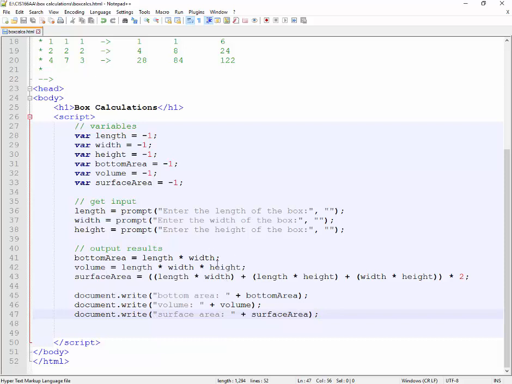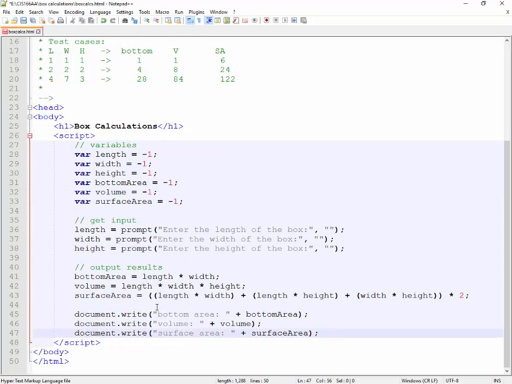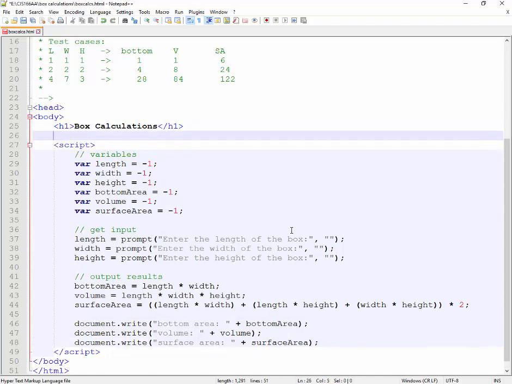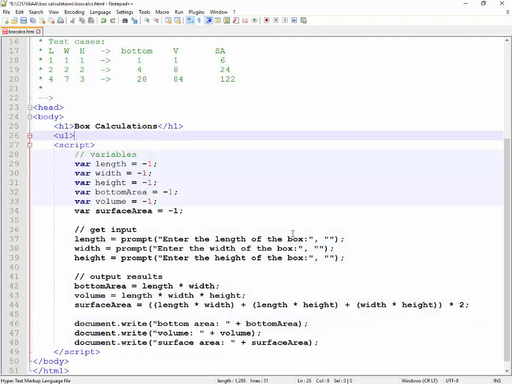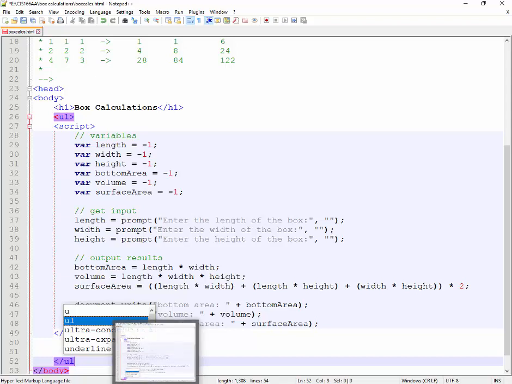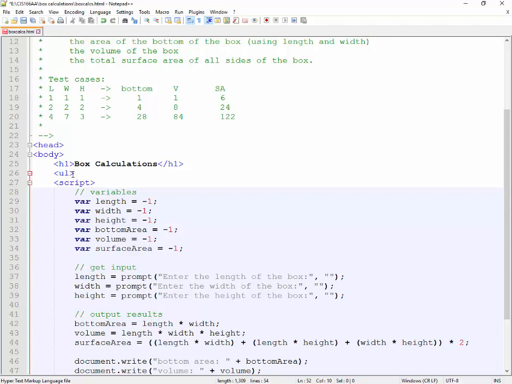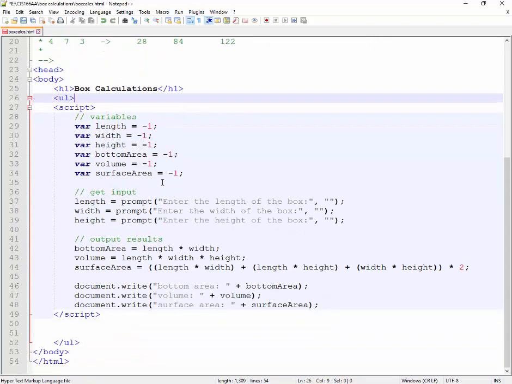So let's say that I want to just have this be in like a little bulleted list. So what I can do is before my script starts running, it doesn't matter where, I can write all of it inside the output area, but I can do some of it up here just in HTML. I can go ahead and set up my unordered list. That's where it's going to start, and it's going to end somewhere down here, right? I could do whatever styling I want to do, either inline or up at the top or even in an external style sheet. And now when I output these, what I can do is I can include whatever tagging I need to include,